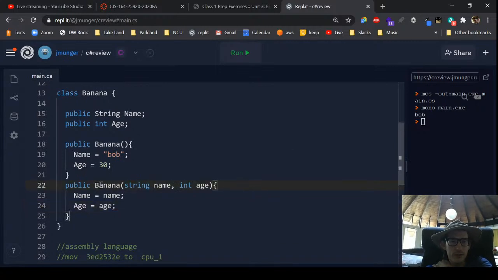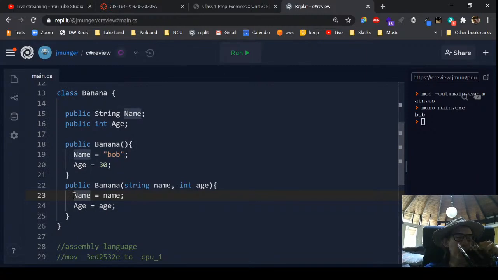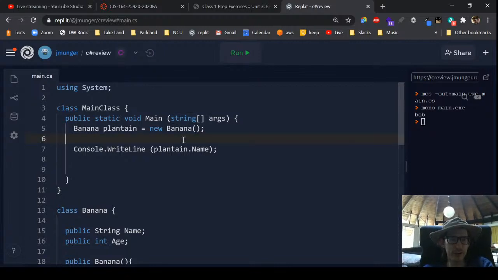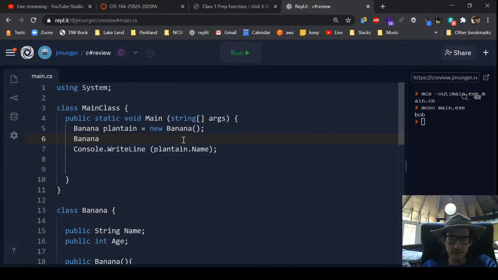Okay, so don't be confused by the property names versus the parameter names. Okay, they're two different things, but it makes it a lot easier if you do it this way, where you make the parameters lowercase and you keep the properties uppercase, so that way you know that they are properties and not just some random variable like this. Okay, so how does that look when we use it? So we're creating one banana using the default settings. We're going to create another banana